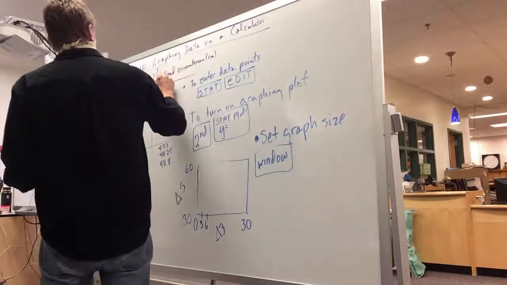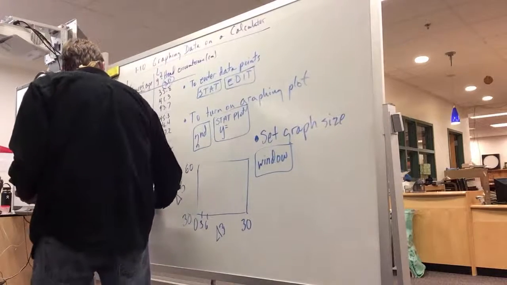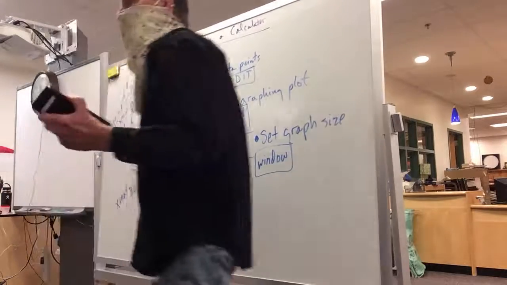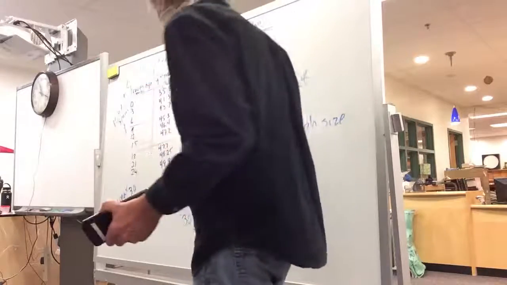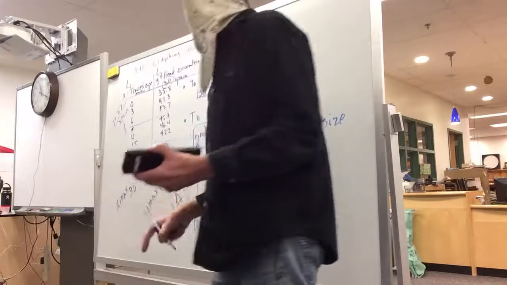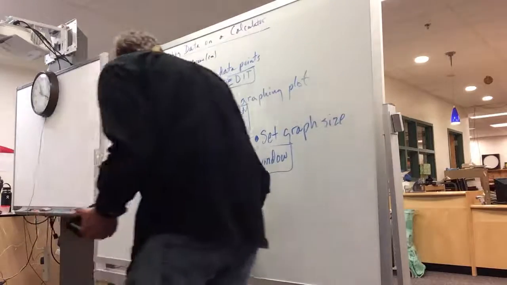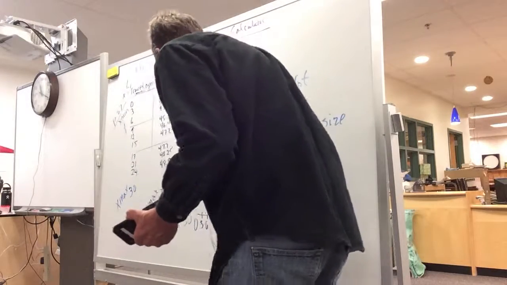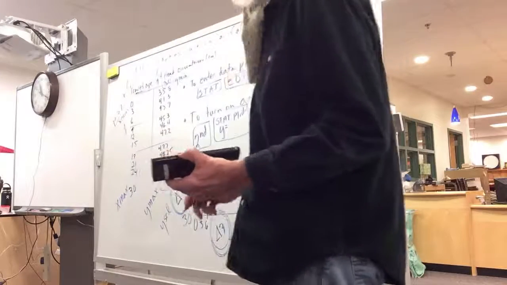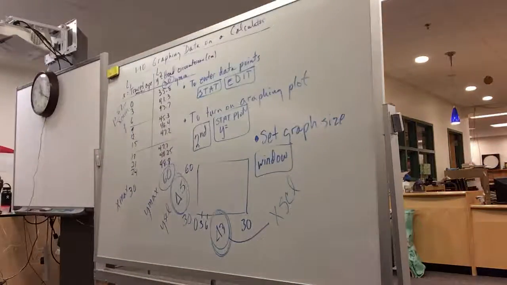And then the Y, we're going to go from 30 to 60. So this will be the Y max, and this will be the Y min. Now there's a little bit more. The SCL, that's this right here. We're going to change the y-axis by 5s, so this is going to be Y SCL, and right here, this is going to be the X scale. And then when you're done with that, you just hit graph. So put 5 to Y SCL.